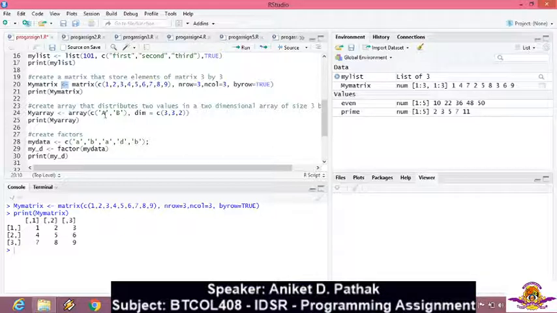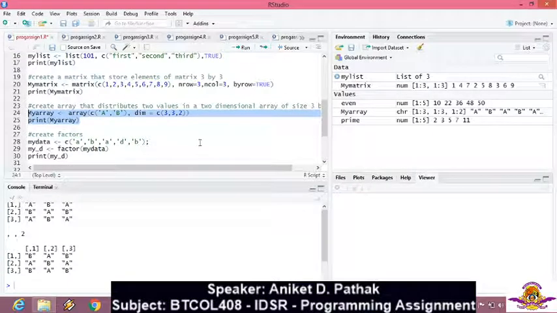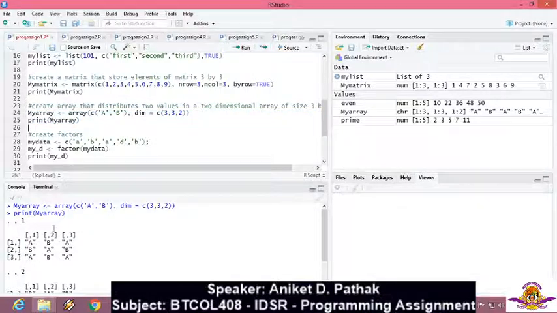So coming on to the next data type, that is an array. Let me clear my console. Let's see the execution first, then I will try to illustrate what an array is doing over here. So if you observe, the array is putting the two values in a 3 row, 3 dimension. This array function is used to create an array that will be stored in the object myarray, and I am displaying the details of my array.